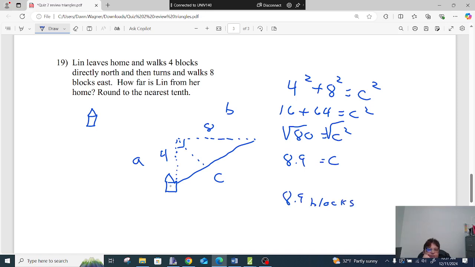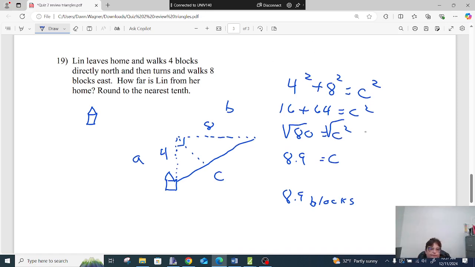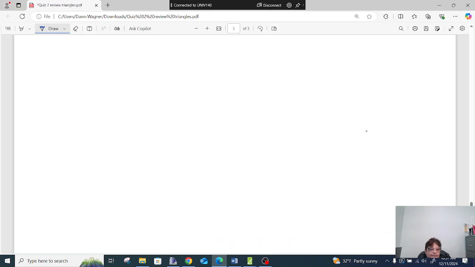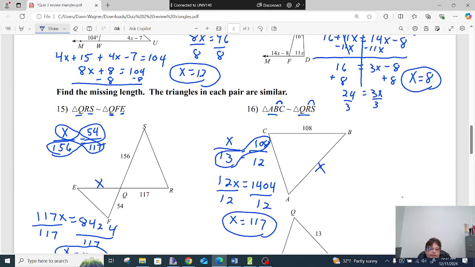Be careful because I may give you on your test the hypotenuse and you have to find a leg. Just be careful. Don't assume that the word problems are going to be exactly the same. Is that it? Oh, nice. Okay. So,